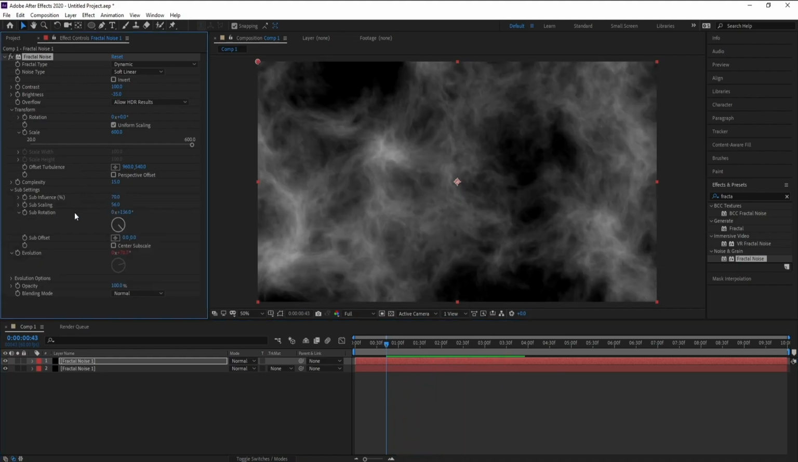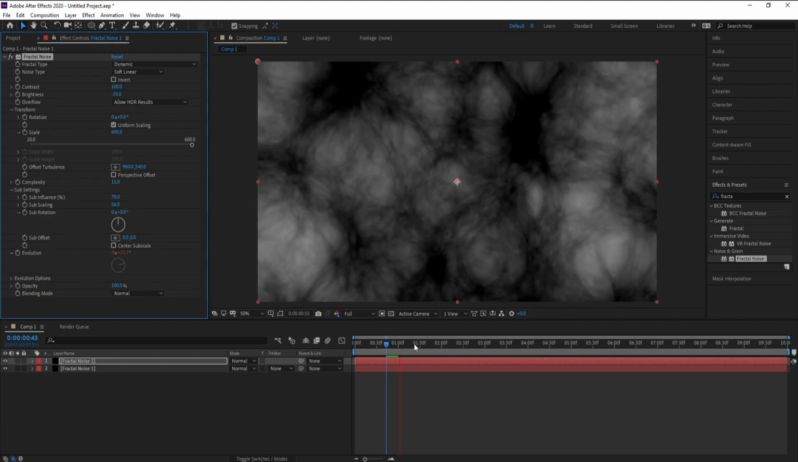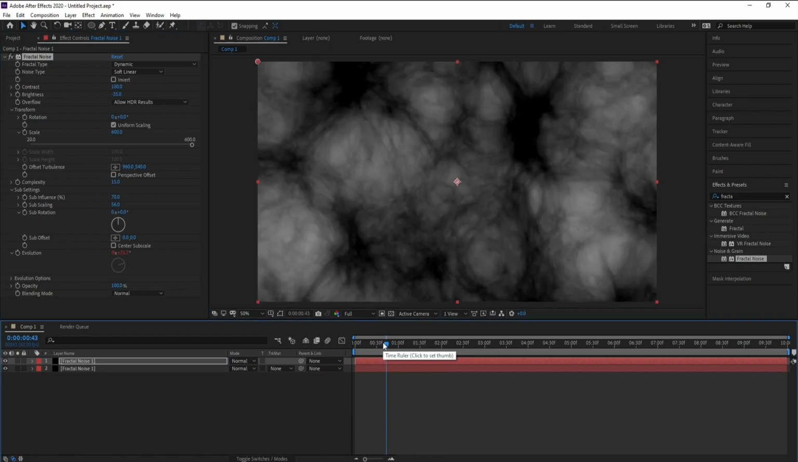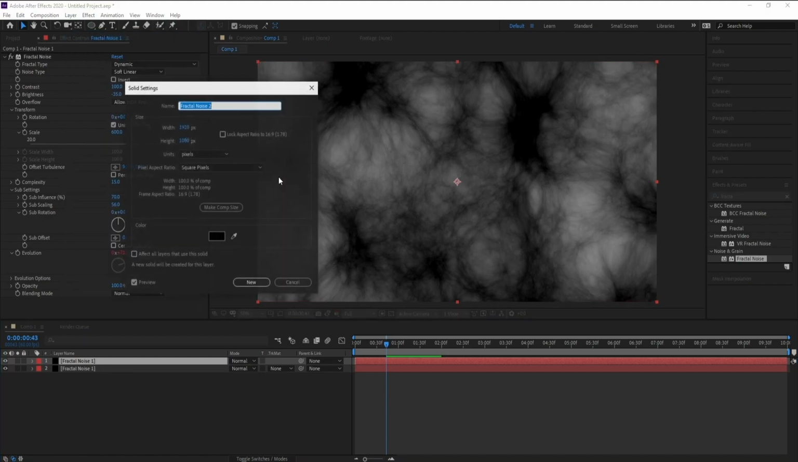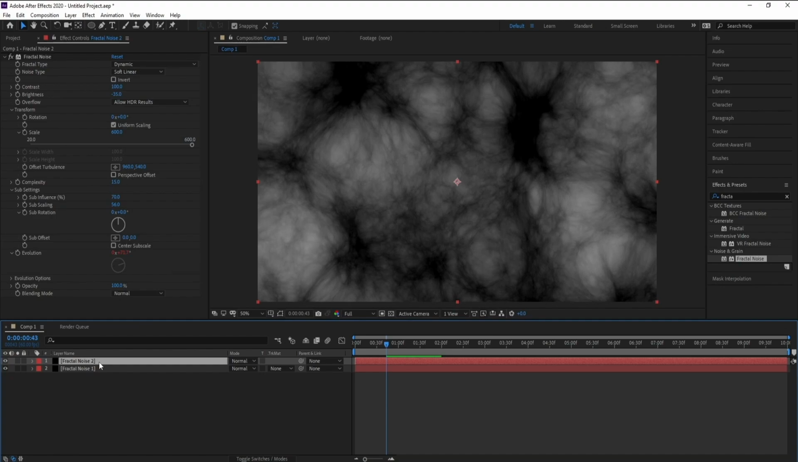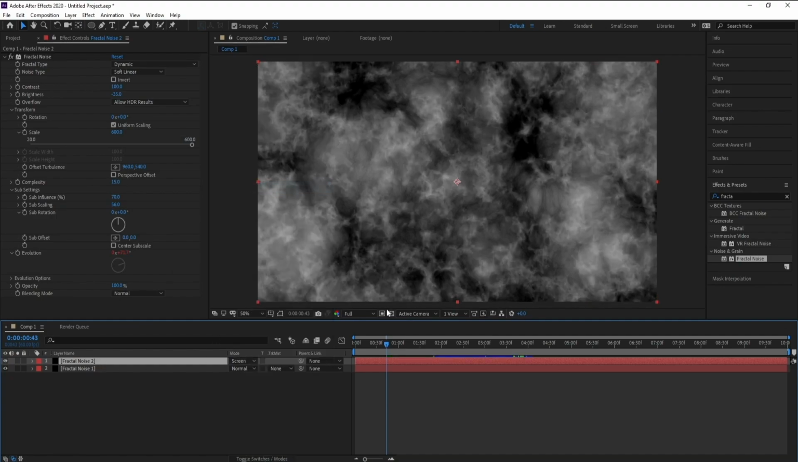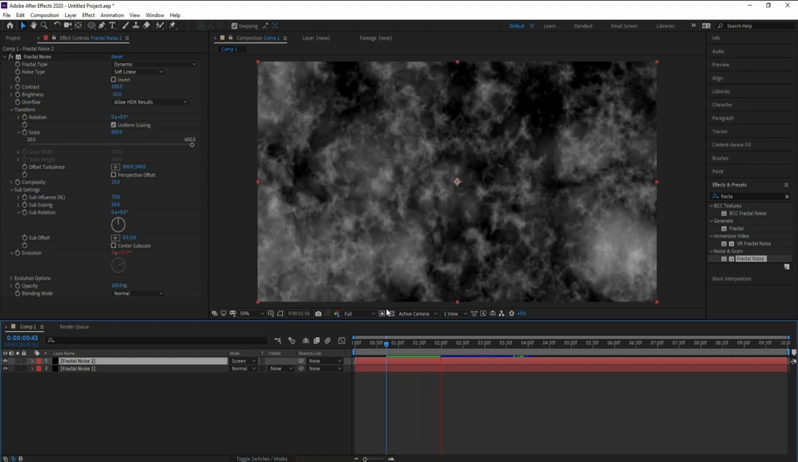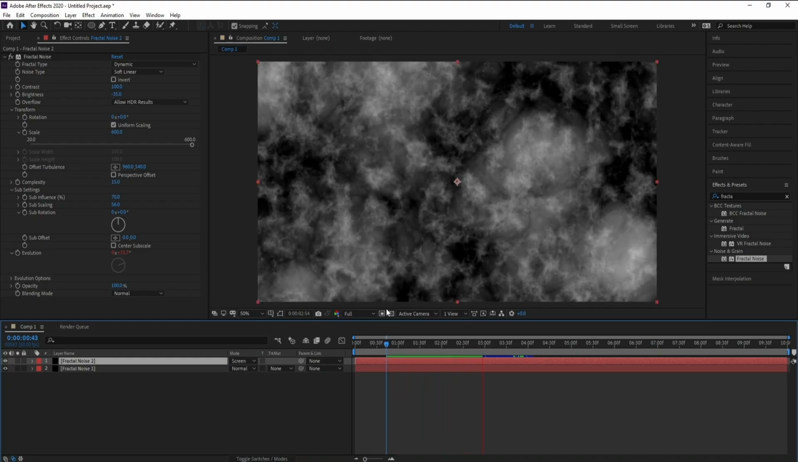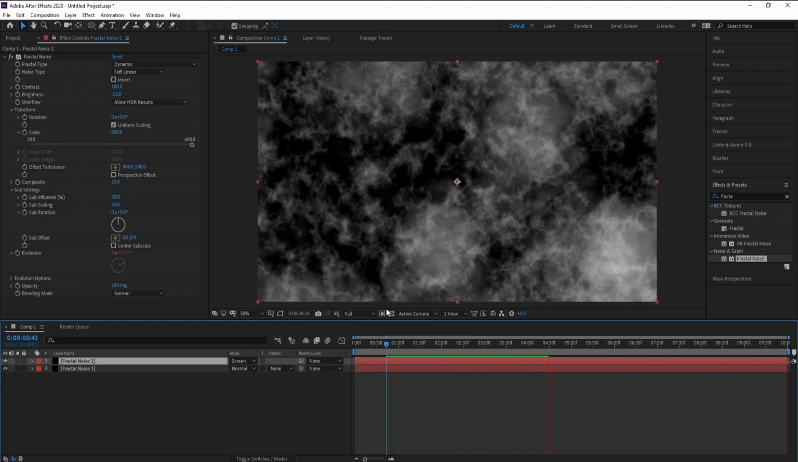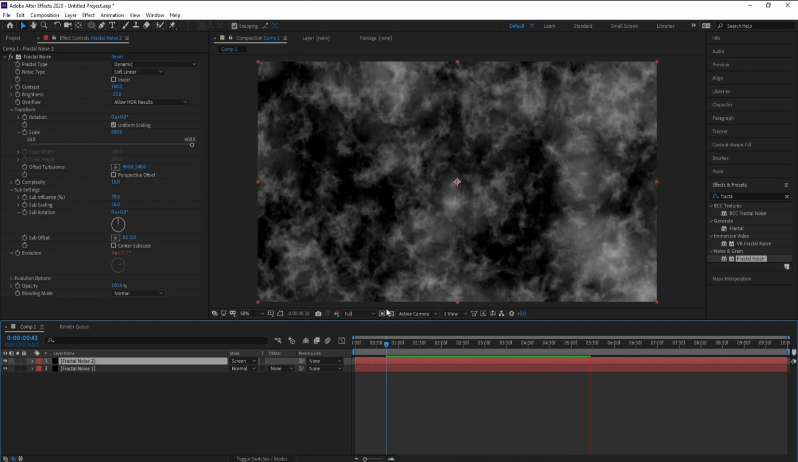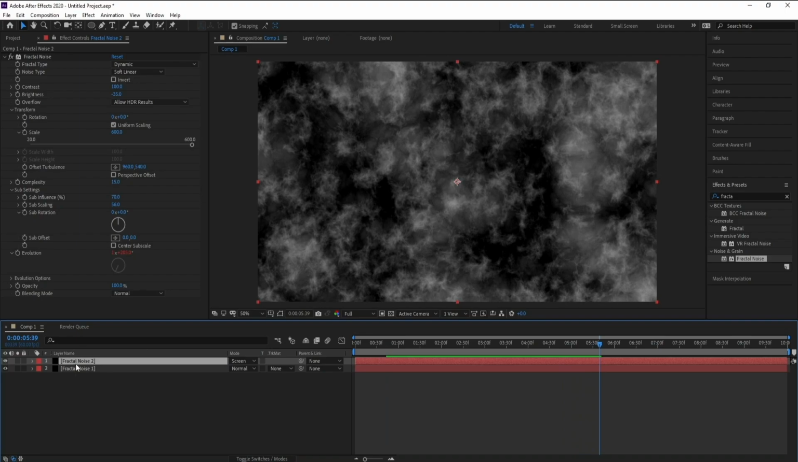Go to sub settings, I don't need this rotation, and I'll go to layer fractal noise 2, this one, and set normal to screen and see. This is number 2. Okay, again Control D,